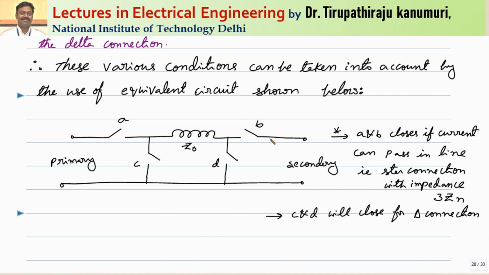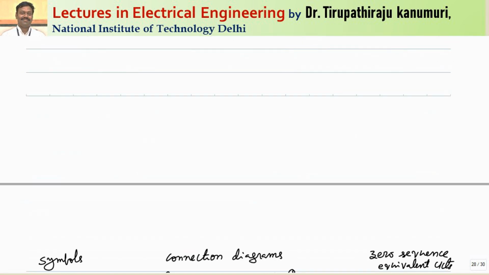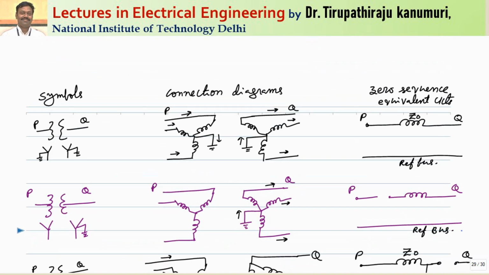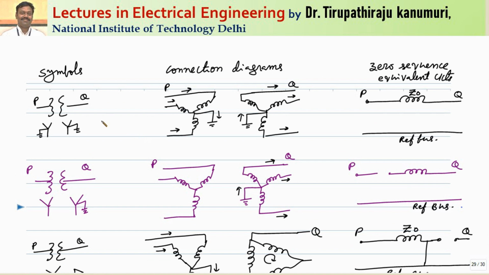That is done. So now coming to the shunt switches, that means C and D, these indicate the current can circulate in the winding, but they don't pass in the line. So the switch C will be closed if it is a delta connection, primary is delta connection, and switch D will close if secondary side is delta connected. That means the shunt switches will close for the case of delta connection, series switches will close only for star connection, because in delta connection current cannot pass in the line. So let us take the different cases now.